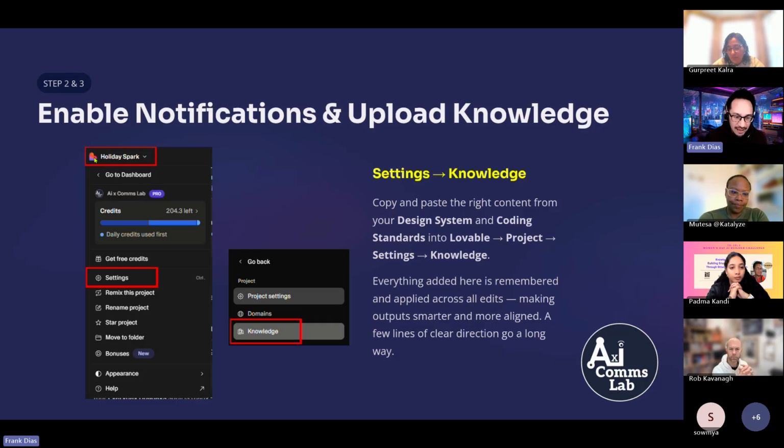To access knowledge, go to your top left-hand corner where the name of your web app is. Under the arrow down, you can see settings. Click on settings, and then click on knowledge. Knowledge gives you a customized knowledge space, which is empty. Most people might not know about doing this. I'm saying do this because this is where you customize the knowledge and give it grounding.